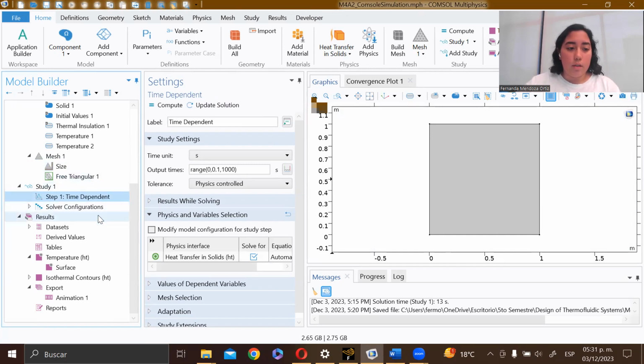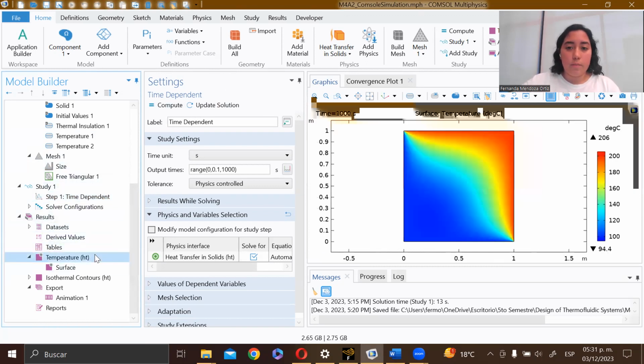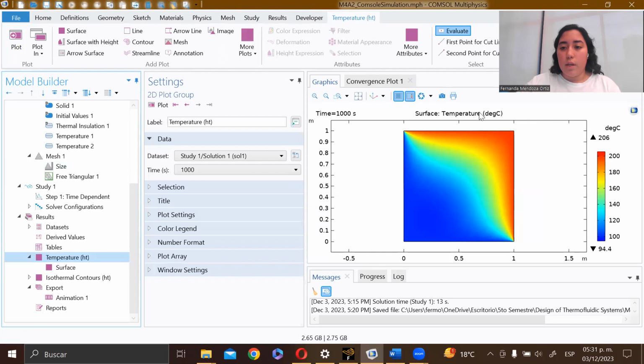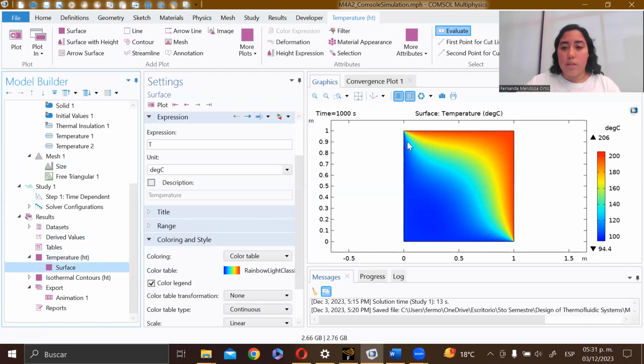We computed and I obtained the following results for our temperature plot. First, at a time of 1,000 seconds, I obtained the presented surface temperature plot in Celsius with a maximum temperature of 206 degrees Celsius and a minimum of 94.4 degrees Celsius. On the graph, we can see that the temperatures correspond to the boundary conditions defined,